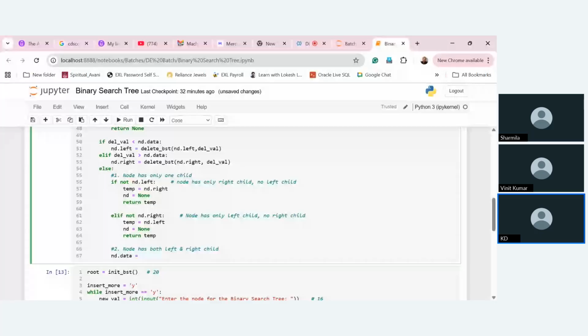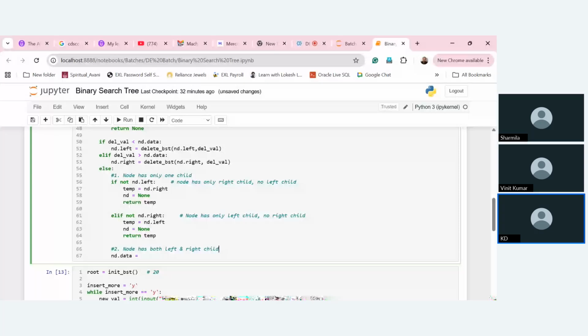What was to be done? It should come at the right bottom. So in this case, what we have to do is